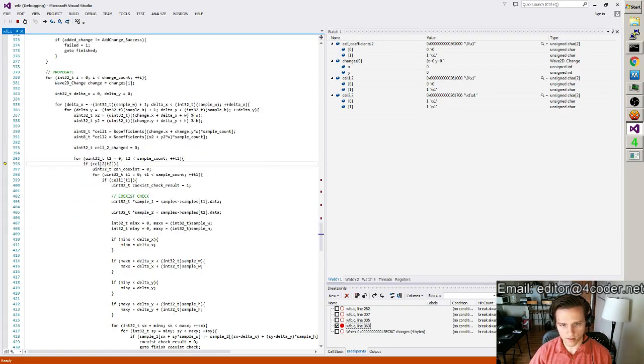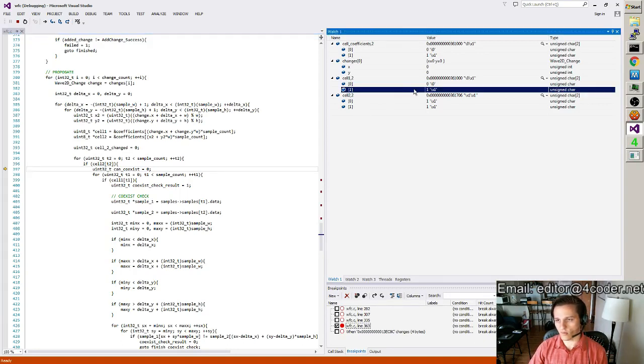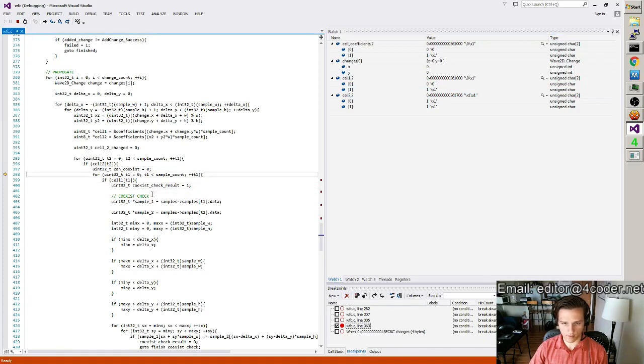We then take a look and say, alright, cell 2, we're looking across all the samples. Can this potential sample, can sample t2 equals 0 coexist with the thing we picked here? And the answer should be yes. The answer should be yes, it can. So it goes, okay, cell 1, t1